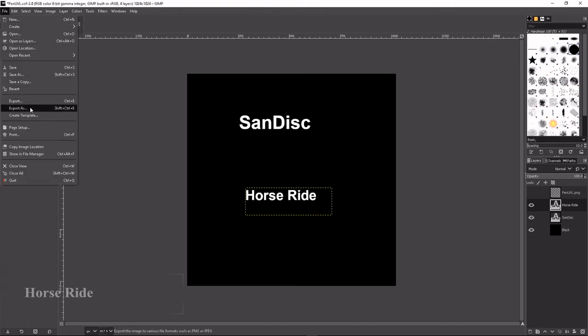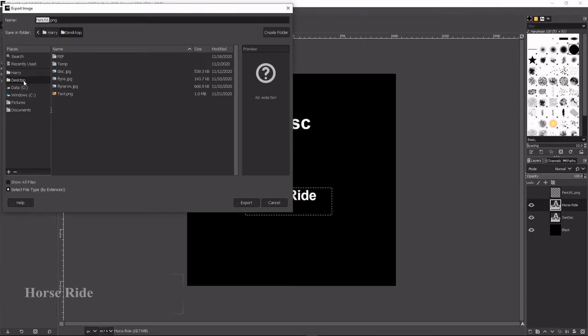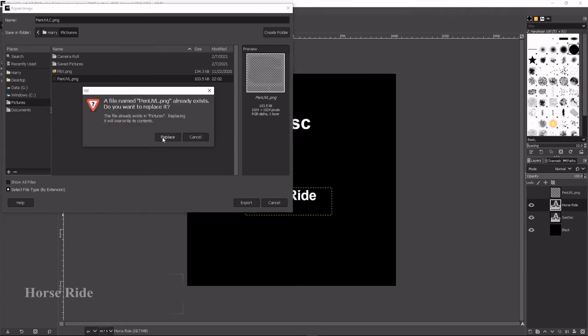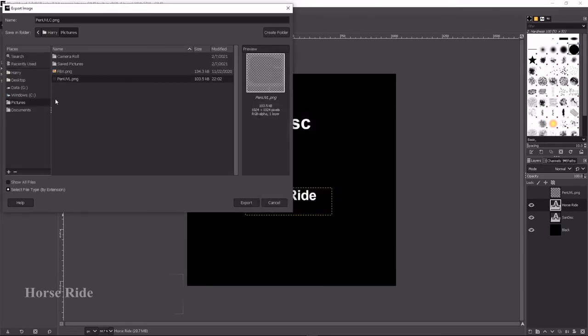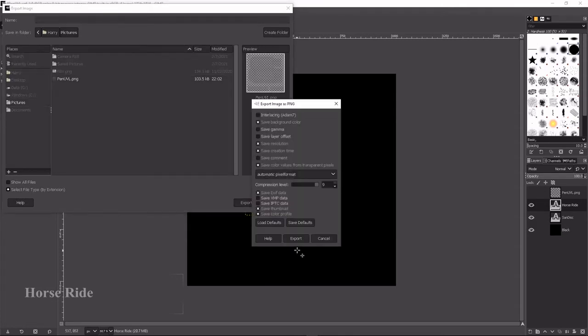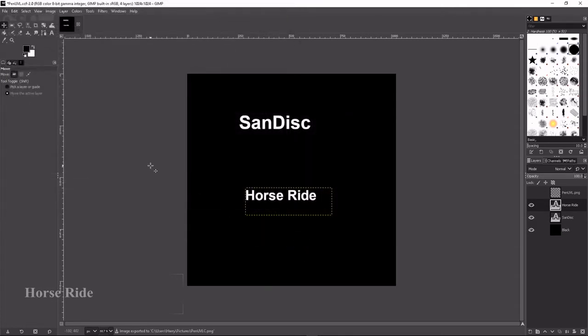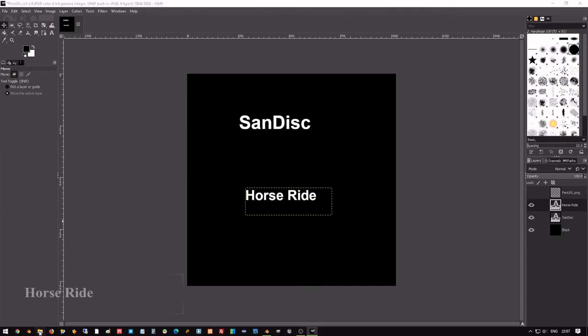Okay, now go to file, export as, go to pictures and select the UV, the same name, and I am going to change it as C, as mentioned, like color for me. Okay, and I'm going to save this file as png. I'm going to give cancel. Why is it showing the export? Fine. Yeah, now this file is ready.